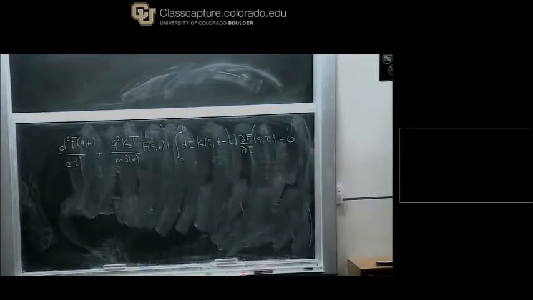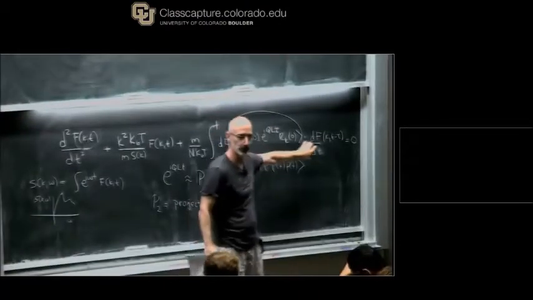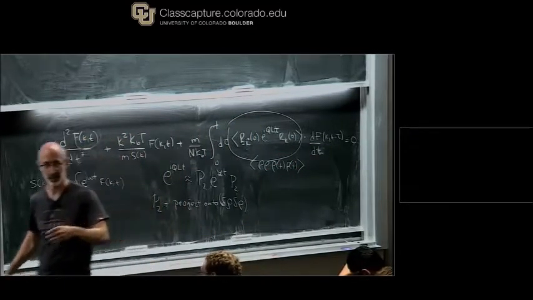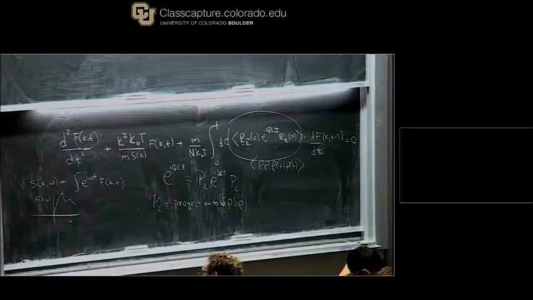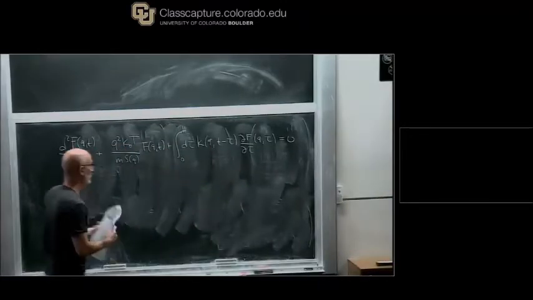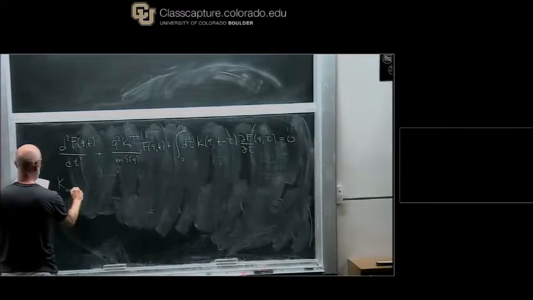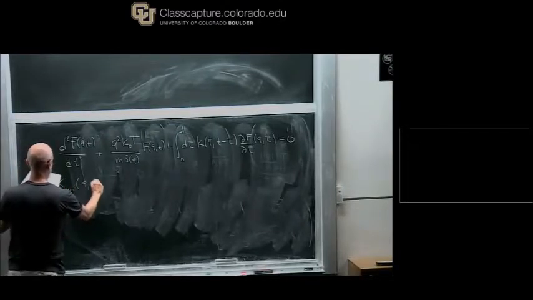And by the way, you know you can always switch. This is a function of tau, and this is a function of t minus tau. And you can make this a function of t minus tau, and this a function of tau just by changing variables, like tau prime equals t minus tau. So this is the same equation that's over there. And now k in our mode coupling approximation works out to be